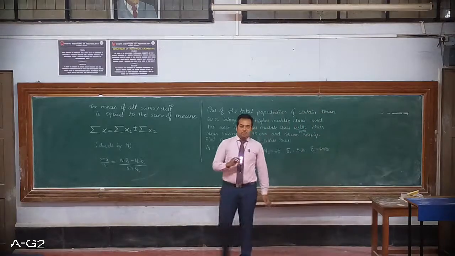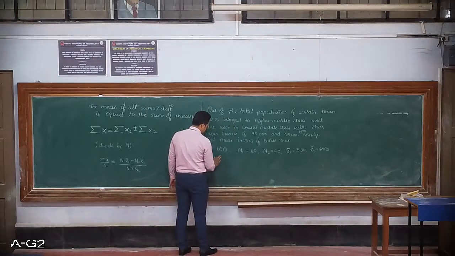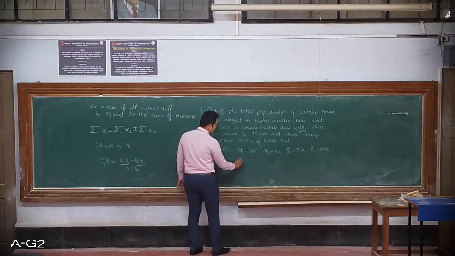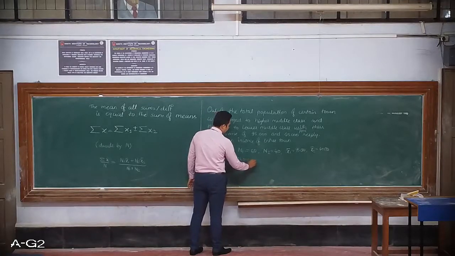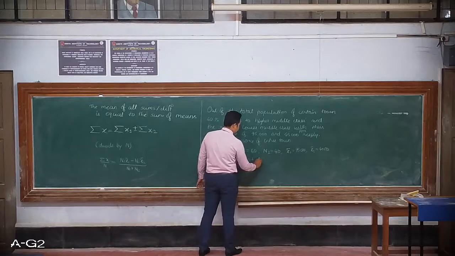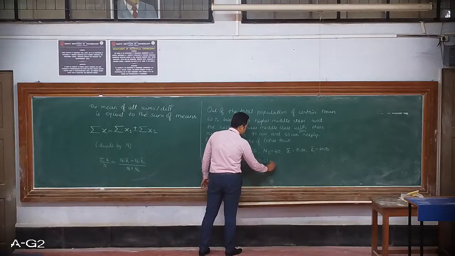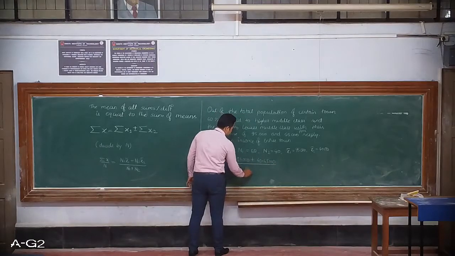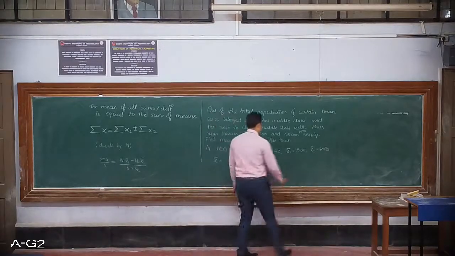Okay, so we have got all four values. Then we have to just substitute the values in the summation. So now we have to find x bar. So N1 is 60 into 95,000 plus 40 into 45,000 divided by 60 plus 40. Okay, so this gives you